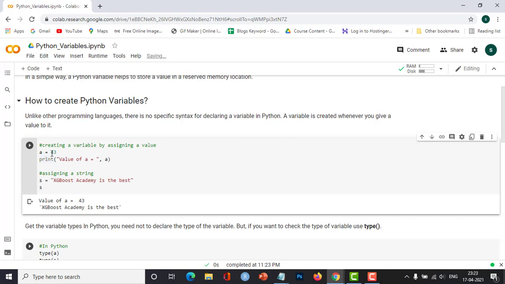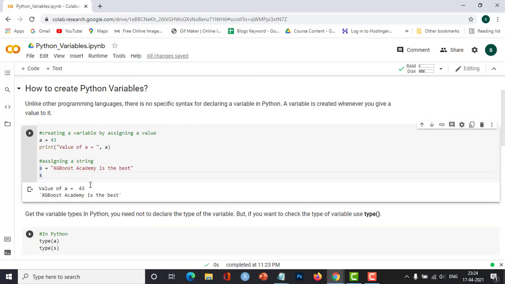Whether it is integer or a string, whatever it is, if we assign a value to something, a variable is created. So here a variable s is created, and above a variable a is created and assigned a value of 43, and here I have given a string. So a string is stored in a variable and then we print it.